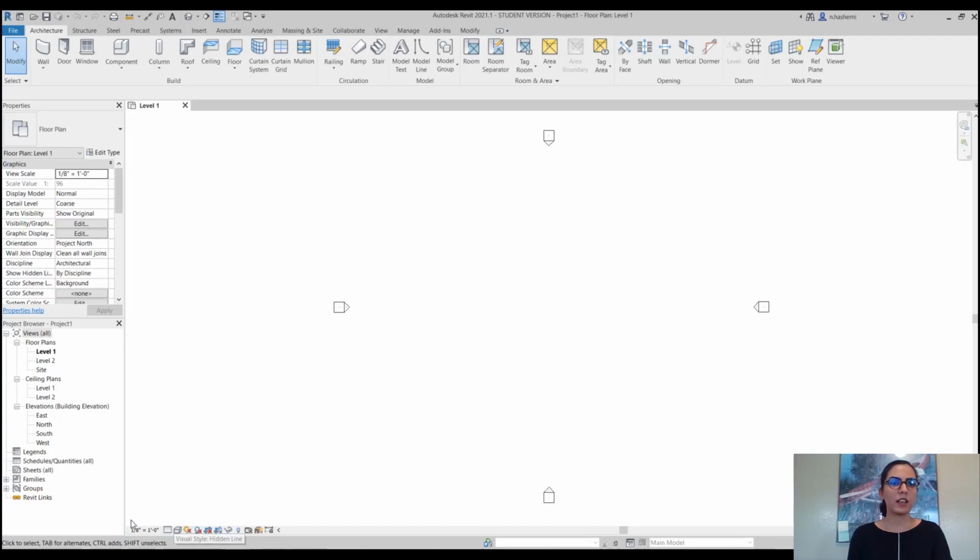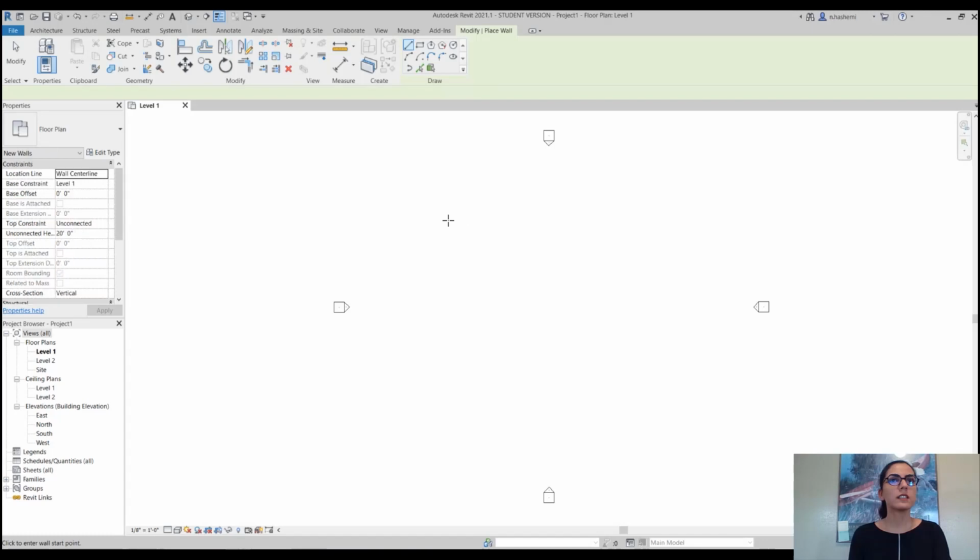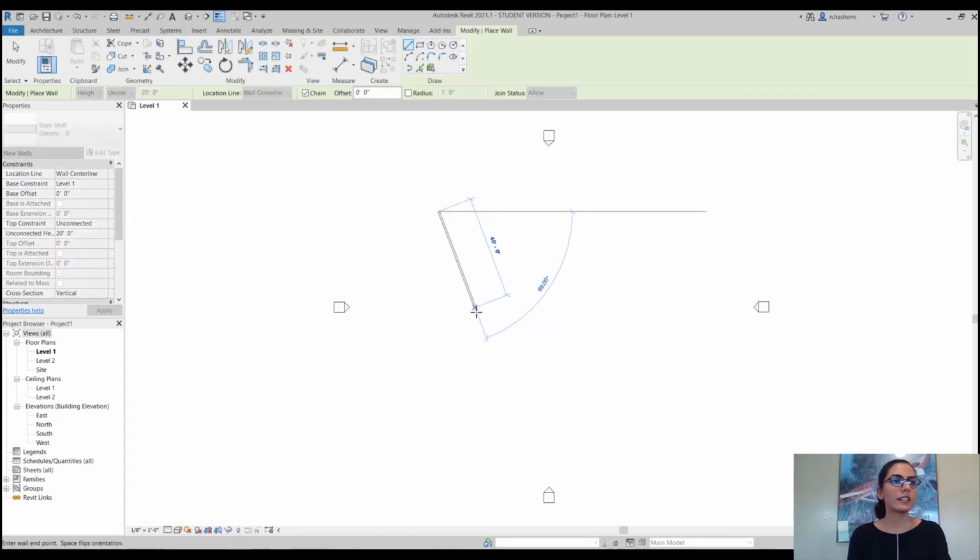If you change any of these, you are changing the way you can see one of your views. This one here at the bottom is the status bar. It gives you hints on what to do next. For example, when you want to draw a wall, first click. For the next click, it is saying enter wall endpoint.